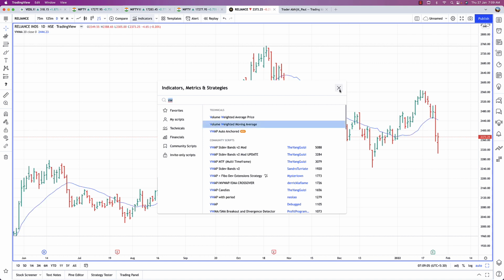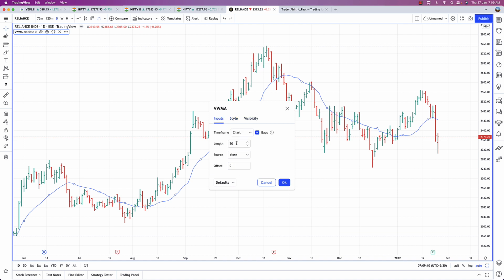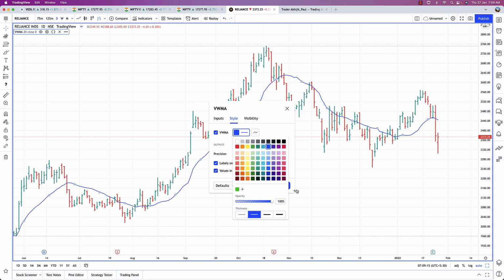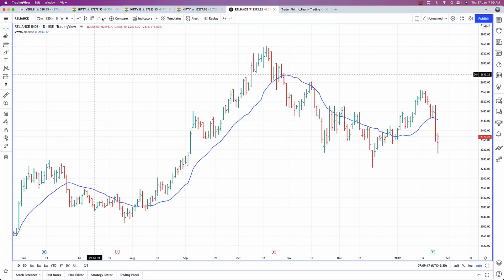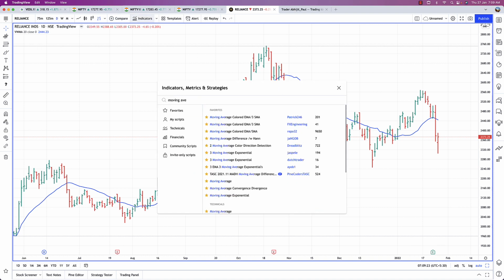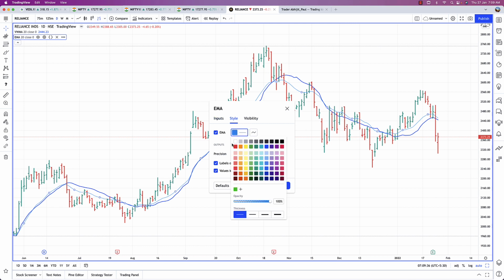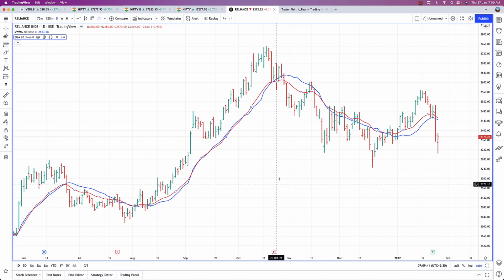Let's take a quick look at the basic one. When we plot the volume weighted moving average, it plots the 20 period. Okay, so nothing big deal in it. This is how it looks. And then if you want to compare this with, let's say, an exponential moving average of the 20 period, you will notice that the 20 period exponential moving average will more or less do the same work, but it will be a tad faster